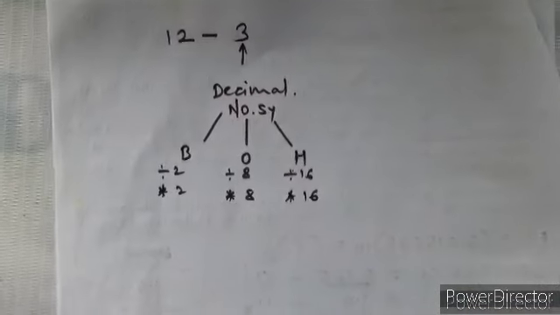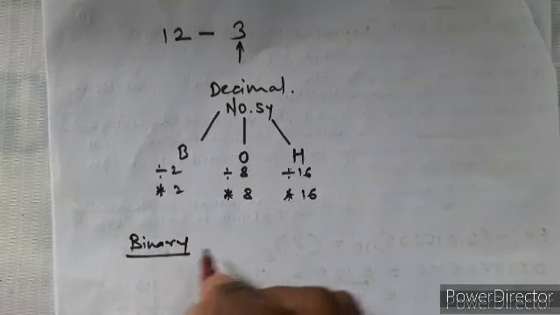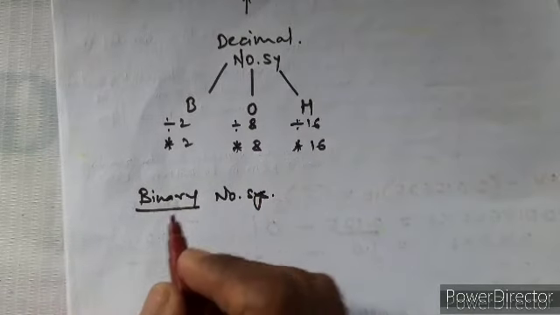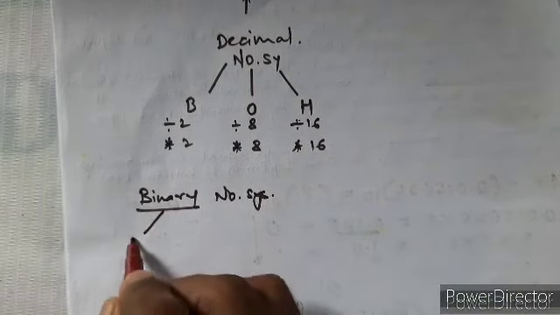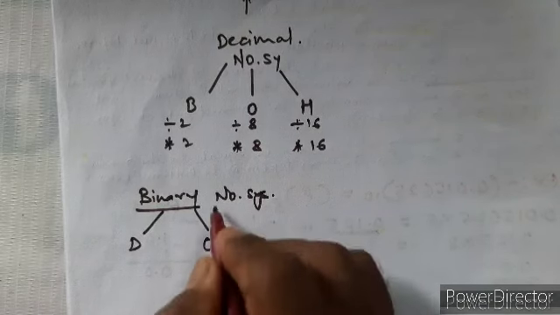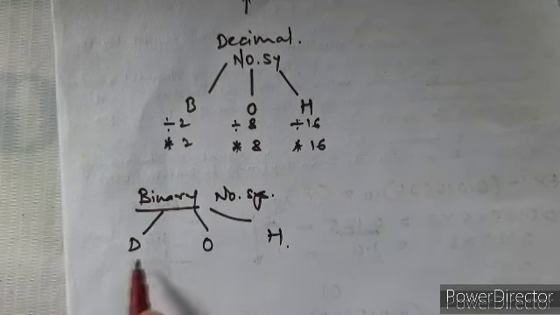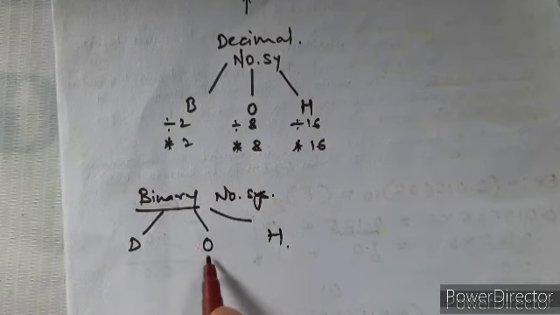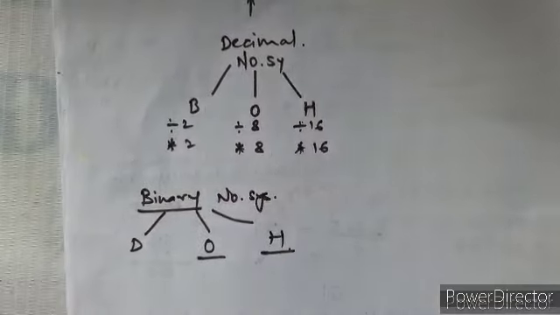Okay, so now we are going to consider binary number system. And using this binary number system, we are going to try to convert a given binary number to other forms, like binary to decimal, binary to octal, and binary to hexadecimal. Here we are going to see each conversion one by one. Now, while discussing binary to octal and binary to hexadecimal, some important points I am going to cover. So let us start this conversion.